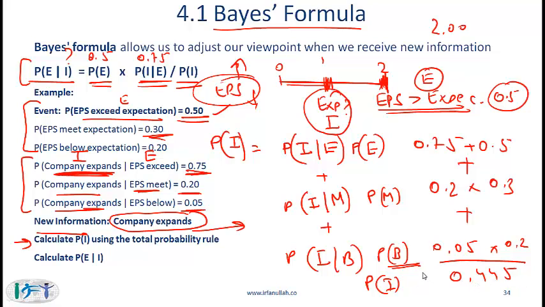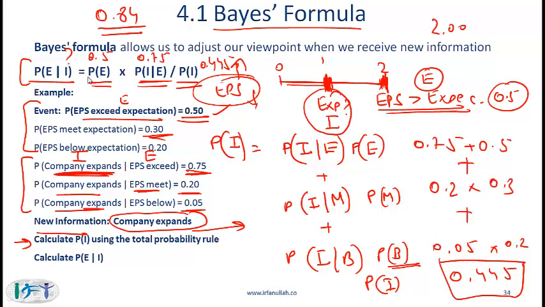0.445. So this is the unconditional probability that the company expands, and this is a probability that you are actually computing before the information was released. 0.445, that is what you plug over here. So instead of P(I), you can now put in 0.445, and when you do the maths, 0.5 times 0.75 divided by 0.445, what you should get is